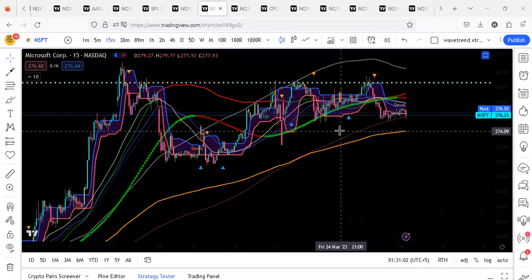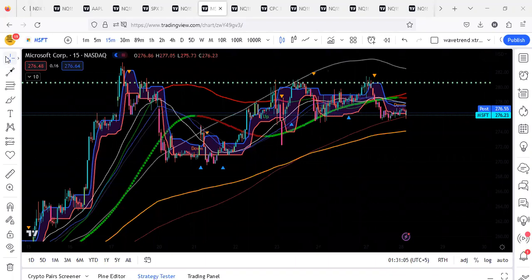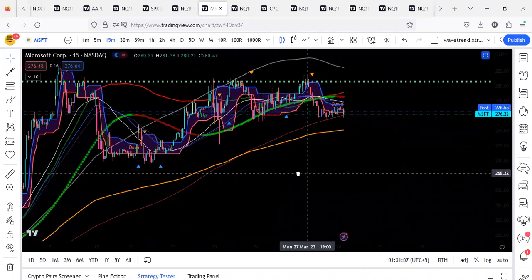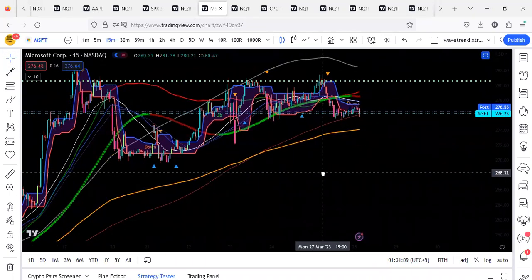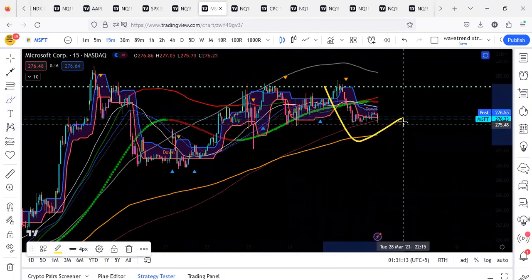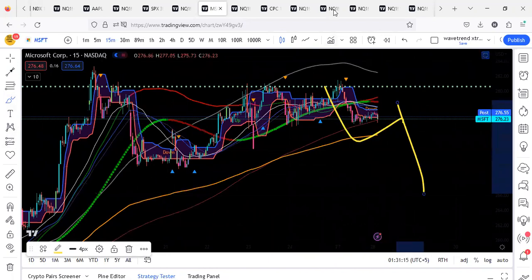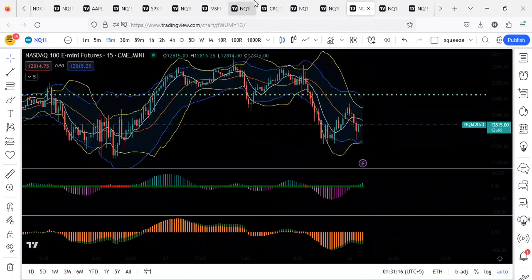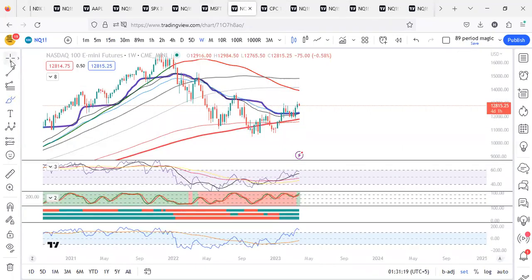Hello guys, how are you? Today we saw turnaround in the prices. Finally, the prices are turning down. Microsoft declined a lot, and so did Apple. So now in the coming days, we are expecting a complete and total decline in Nasdaq, which had been the